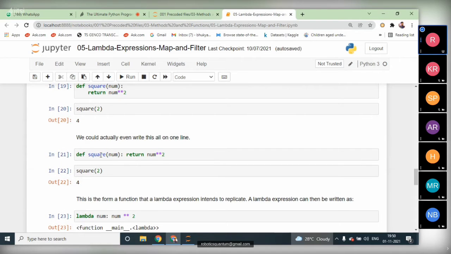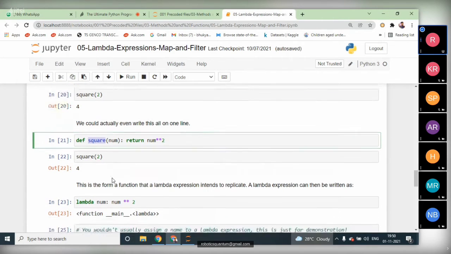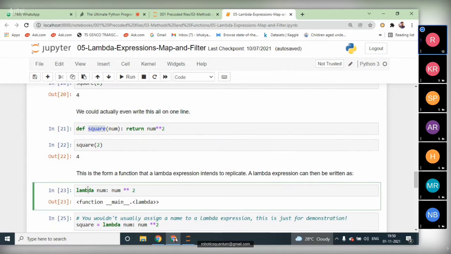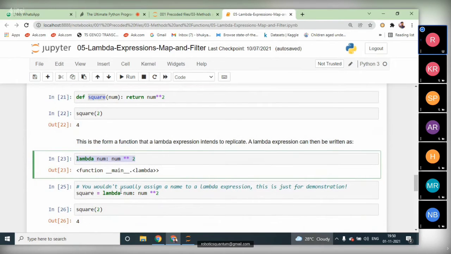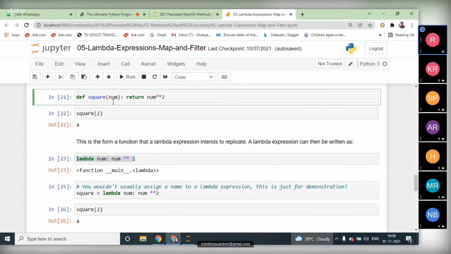Instead of def we are using lambda. Lambda is a keyword with which we create an anonymous function, which doesn't have any definition. We are not defining it, simply using lambda with a parameter and a return value, which gives the same result as the square function.